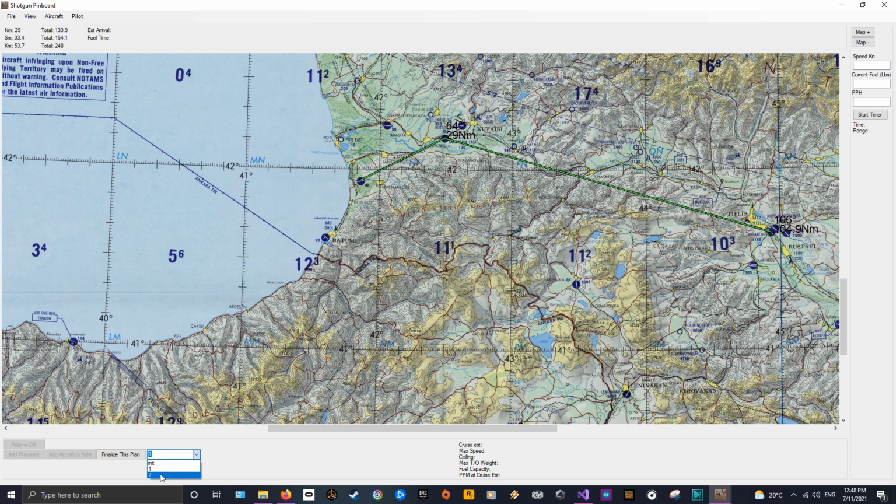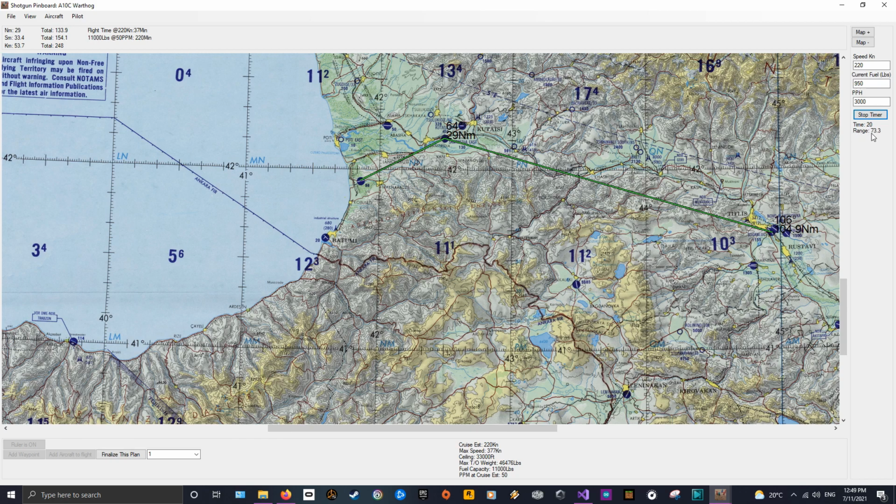Now there will be extra bits that aren't implemented at the moment where you can change the loadout and that kind of thing for your aircraft, but I've got the basic details in here for some of them. So if we go to the Warthog, you can see perfect weather conditions, full tank, but let's see if we change that to 1,000 instead of 11, and we'll go start timer. So you've got about 20 minutes flight time and the range is 73. So as you can see, we're not going to make it,